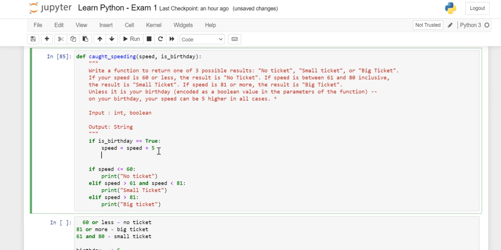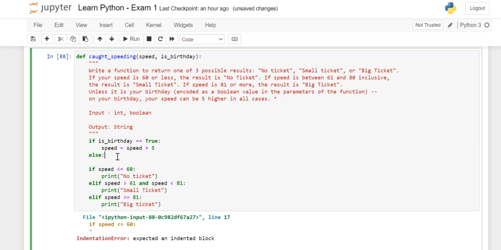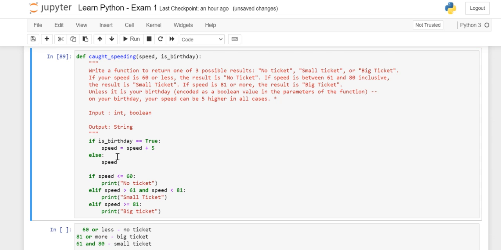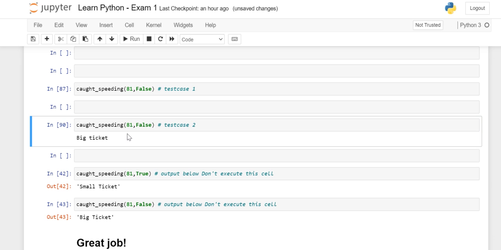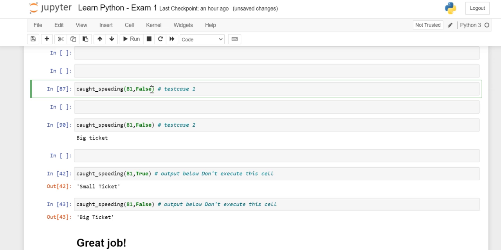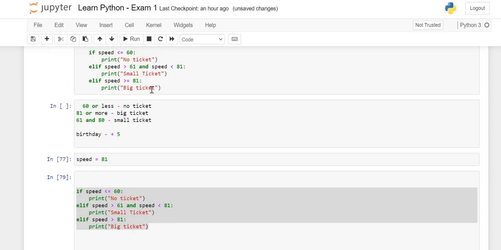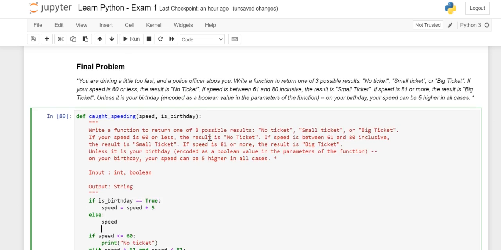Ma'am, the commands we gave are the same for 81, maybe we need to move the speed forward or backward when giving that command. Yes, if I say greater than or equal to 81. Okay, so now here I said it's false, saying big ticket. Okay, and if it was true, now you see that we are going wrong here.